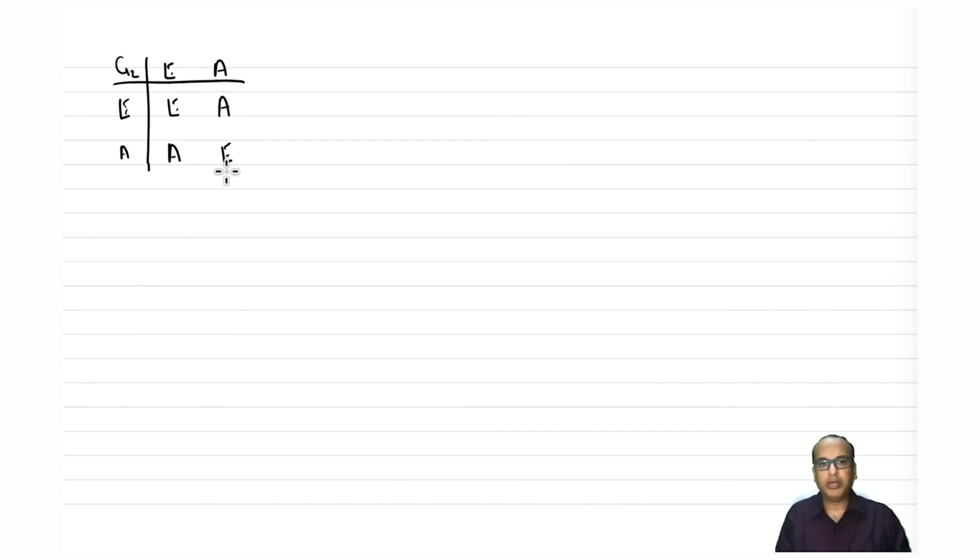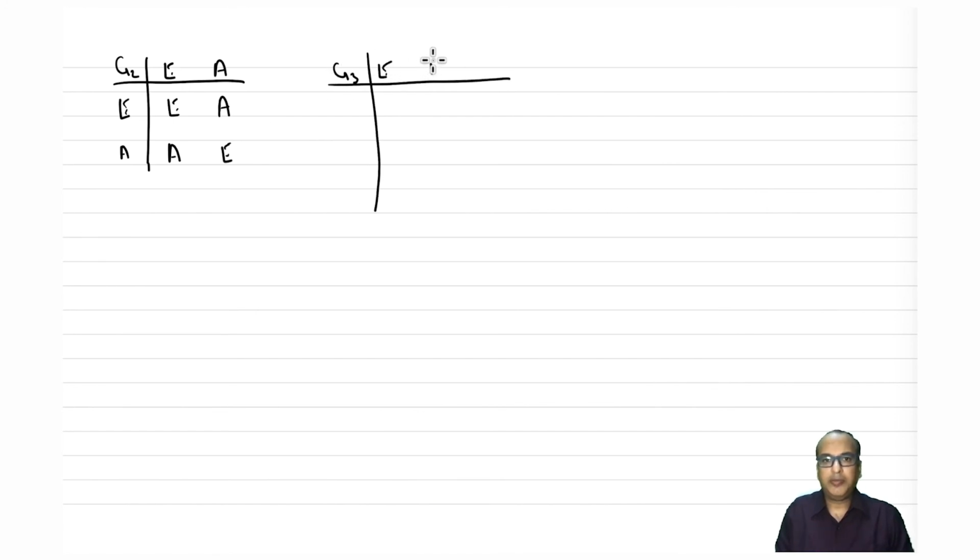Because it cannot go out of these two elements. The product has to be a closed product, so it follows the closure property, and it also complies with the rearrangement theorem. This column reads as E A, whereas this column reads as A E. So this is not the same as this, and similarly this row is not the same as this row. Okay, so now let's also try G3.